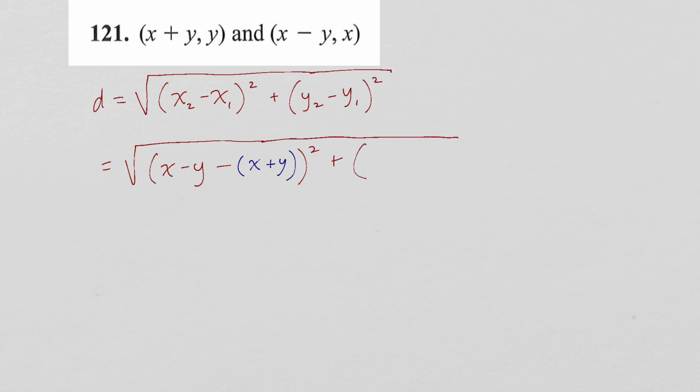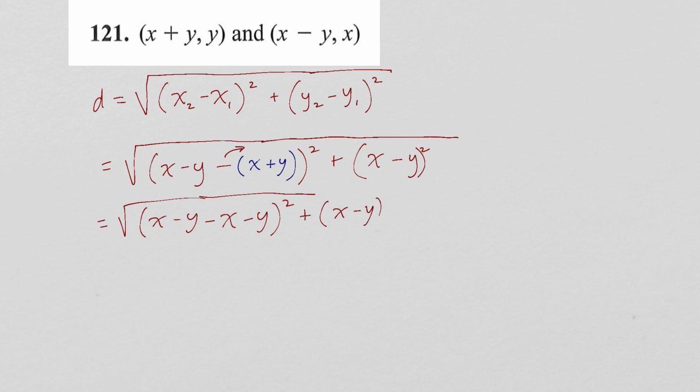plus y2, which is the y value of the second point, so that's x, minus y1, which is the y value of the first point, so that's y squared. Well, this is going to distribute, and I'm going to get x minus y minus x minus y squared. Oops, I forgot to close my parentheses there. So I have x minus y quantity squared here, which is equal to